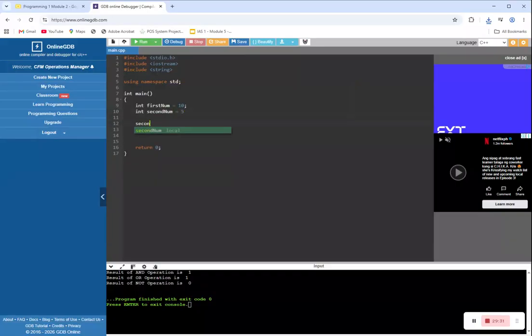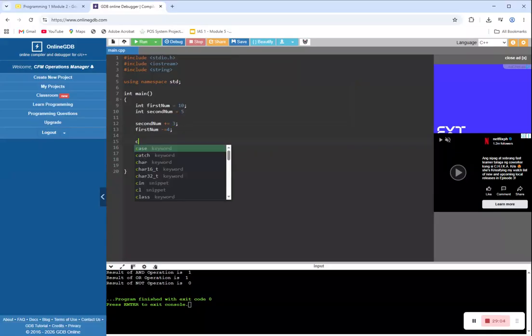Okay, so secondNum plus equals 3. Then we have firstNum minus equals 4.